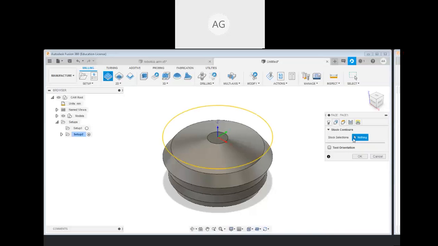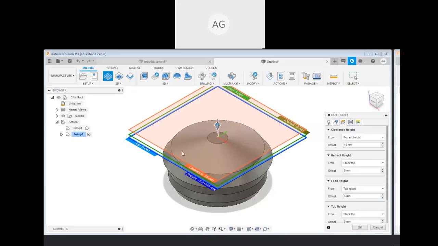And then after that, this one is a stock contour. I mean from where you are going to start, this one is stock. Stock is now not visible over here. If you want to make it visible, that also you can see. So this one is nothing. Stock selection. So stock is not visible over here. Okay, then height. How much height you want to take.